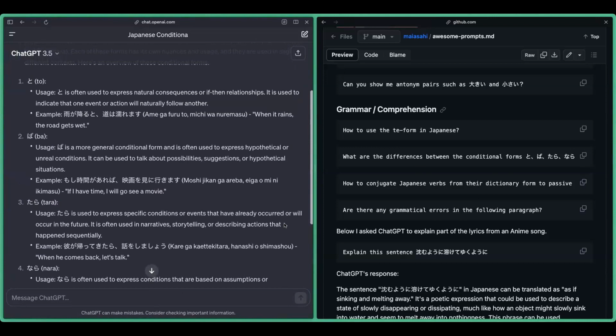Yeah, so it basically gives you all of the information that you want. I asked this question before, and I compared with some textbooks, and it seems to be pretty accurate. Again, I think this is because I'm sure people have asked these questions before on the internet, so this kind of question must be included in the